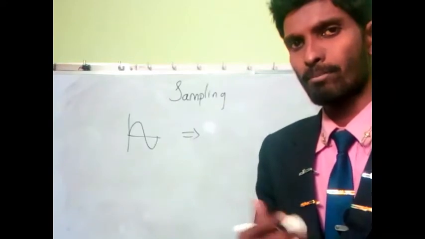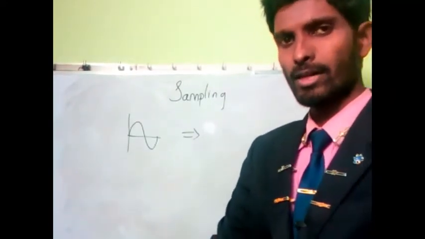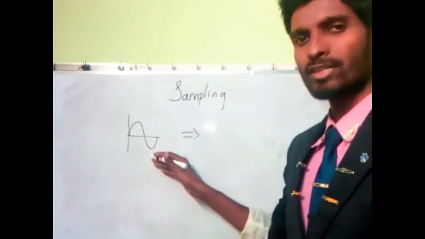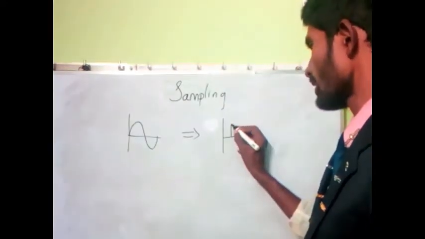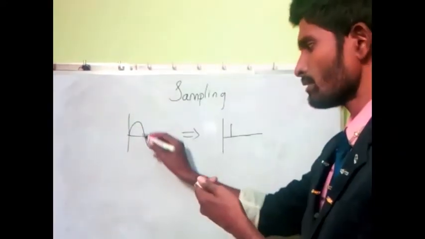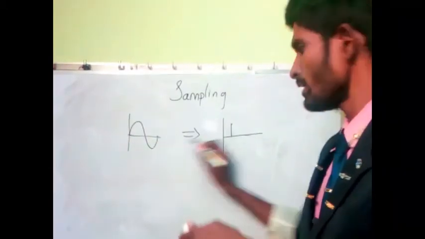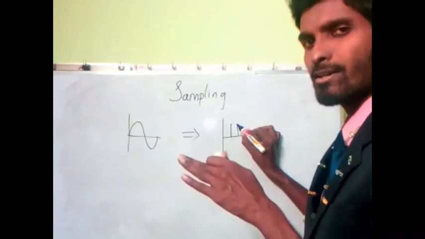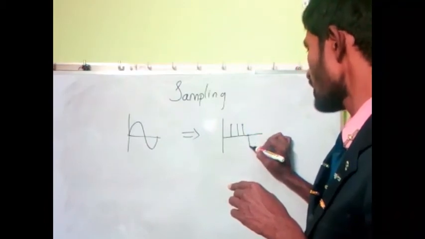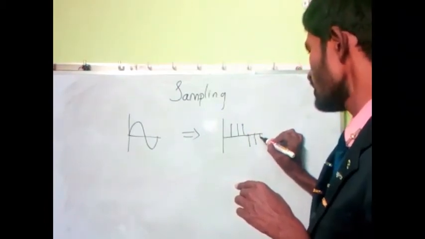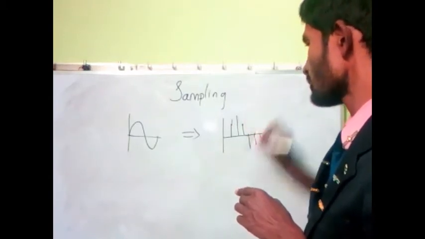That means by altering the frequency, we get some other informative signal. This analog signal is more informative, and we will be getting some information from the signal. From the beginning to the end it carries a lot of information, but we should pick some other information from this wave. That is said to be a digital signal that I want to represent. And that is a very important point.